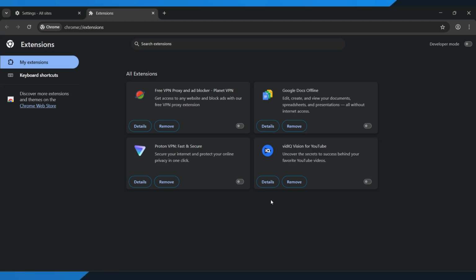And that's it. These steps are the best and easiest way to fix the 403 forbidden error and get your